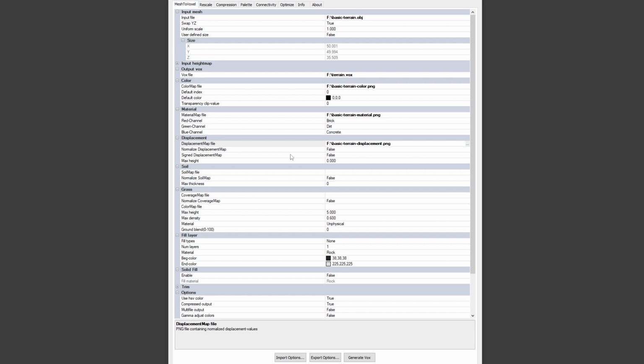And then we have another parameter which is interesting. Signed displacement map is false. This means that by default, the displacement map is handled as an unsigned displacement map. And I will pull up MagicaVoxel to try to visualize the difference between signed and unsigned displacement maps. So let's say that we are looking at our terrain cross-section from the side. So this is the terrain that would be generated based off the mesh that we have input to the Vox file.